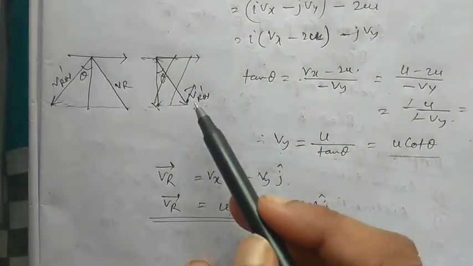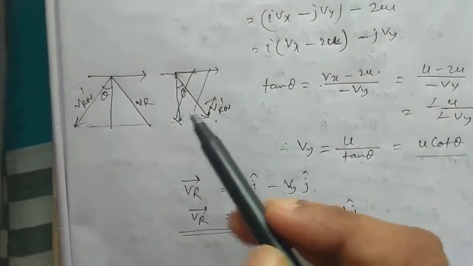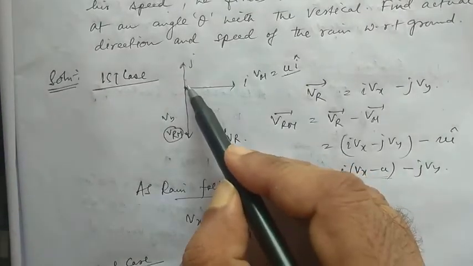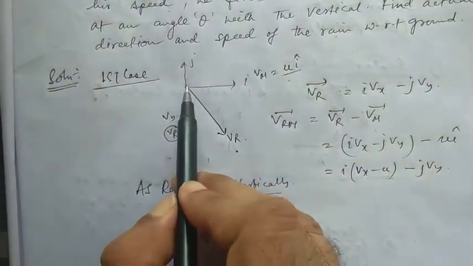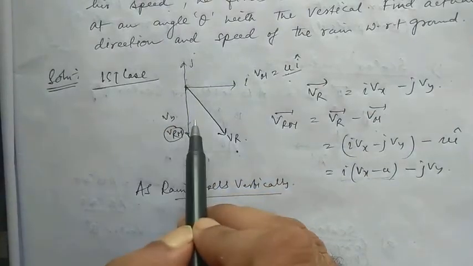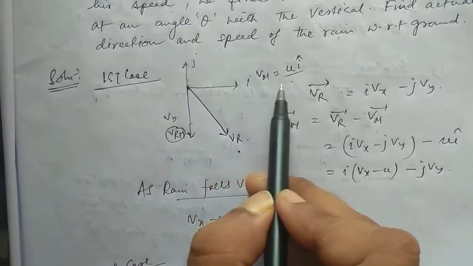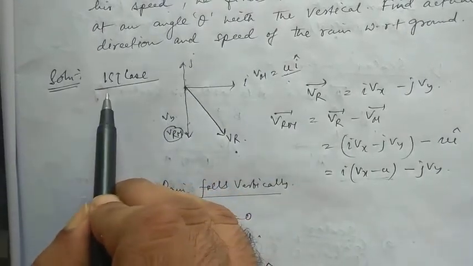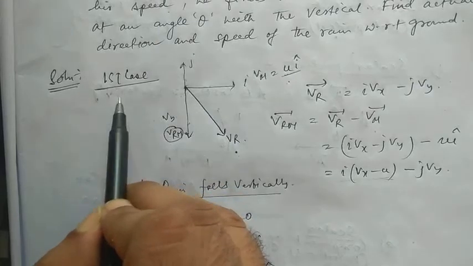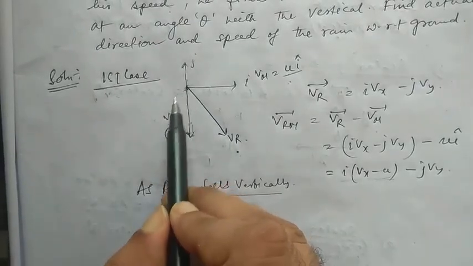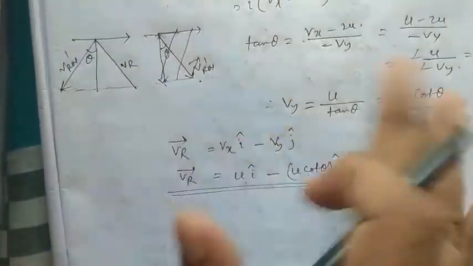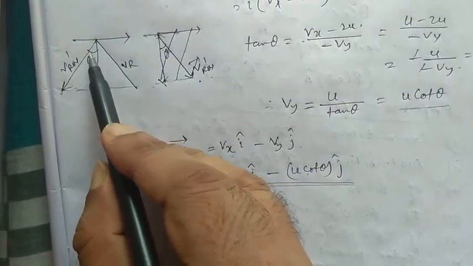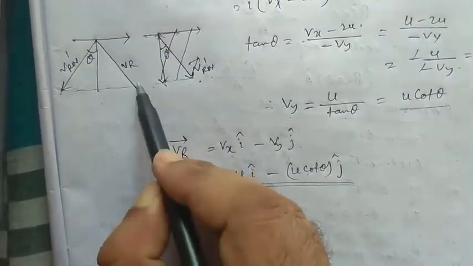Now there was a very small mistake in this diagram. The diagram would be like this, because in the first case, if this should have been the direction of Vrm and the man doubles his speed, that means Vrm will shift towards the left and not to the right. Because if this is 2Vm, that means the minus of 2Vm would be larger, and the relative velocity component will shift towards the left and not to the right. So the diagram of the second part would be Vrm dash making an angle theta with the vertical, and Vr would be the same as above.